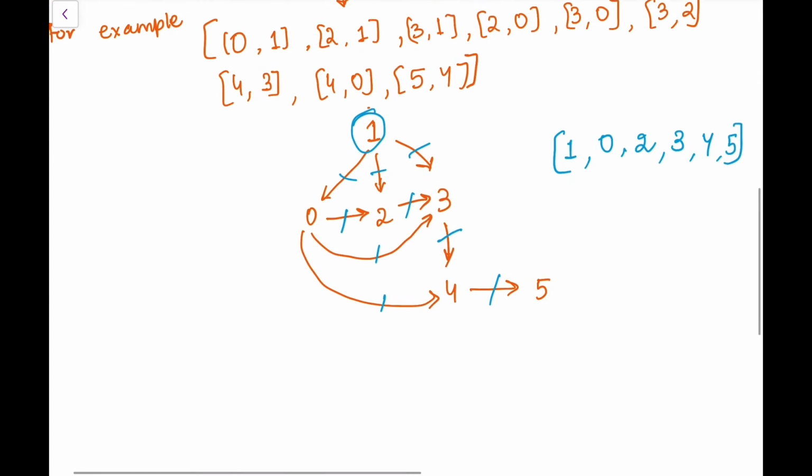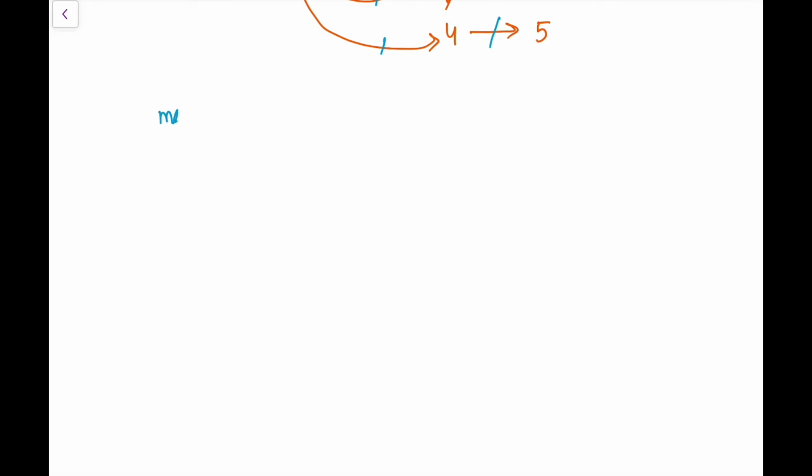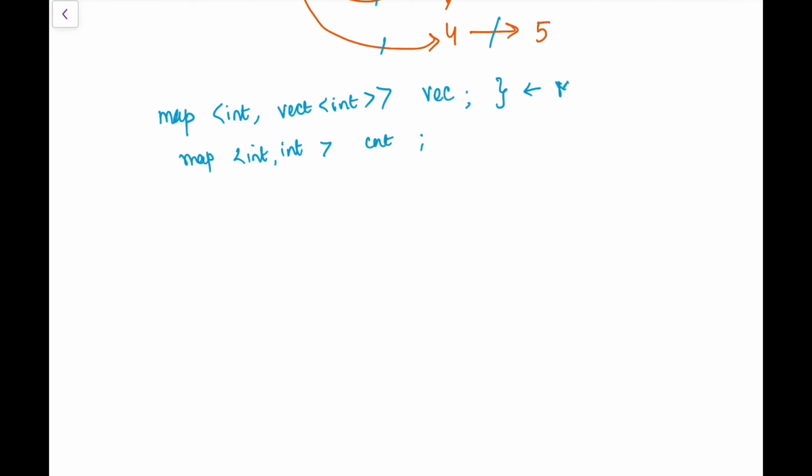In this we need to traverse our prerequisite array and make a directed graph in such a way that we know how many incoming edges are on every node and how many outgoing edges are there on every node. I'll take a map of int comma vector of int, which will be my vec, and I will also be taking a map int comma int, which is a counter. So what these two things are saying, this will be maintaining the DAG,